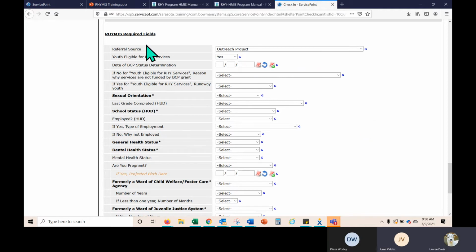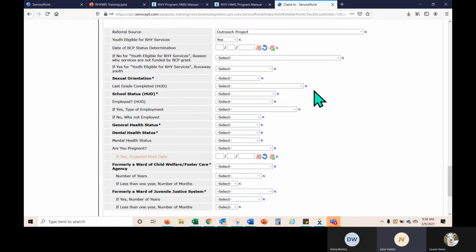On this part? Yes, the BCP. How does Diana know what the date of BCP status determination is? BCP would be the Basic Center Program project. So that would be the day they enter into our shelter, when we determine that.